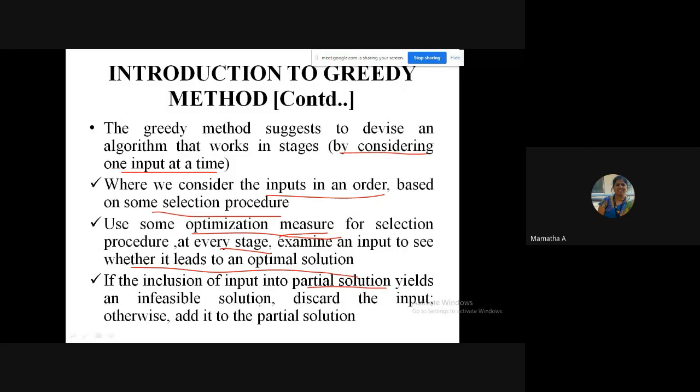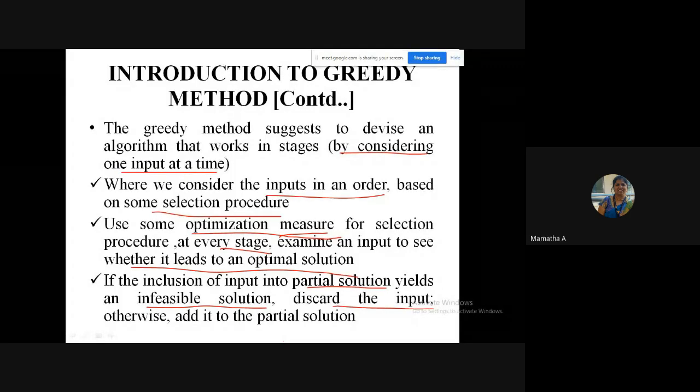If the inclusion of the input into the partial solution yields an infeasible solution, or it is not giving the optimal one, just discard the input. Don't select it. Go to the next input. Otherwise, if it is giving the optimal or feasible one, add it to the partial solution. Try to understand, students.